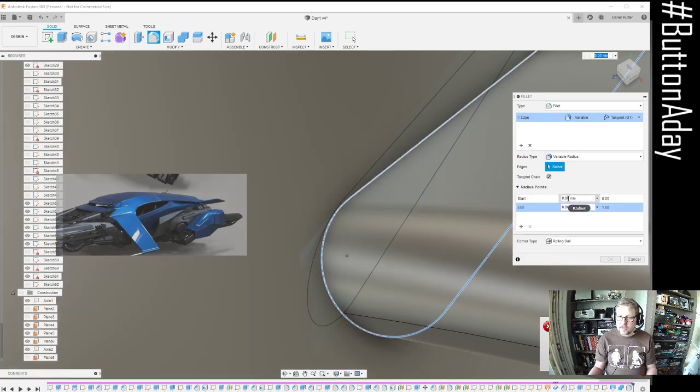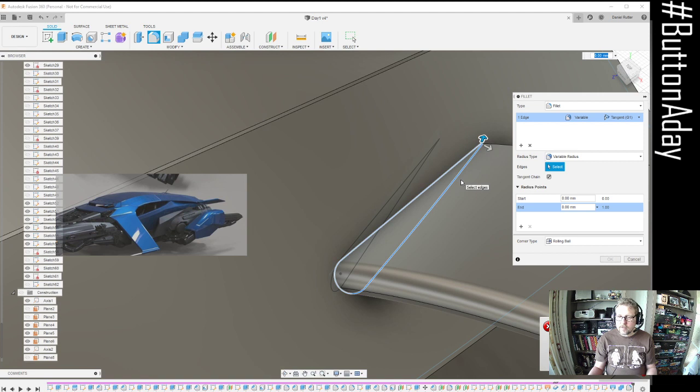Fillets can be a tad tricky at times. It's really annoying. And I personally would like to be able to select a new point. There we go. So if I selected a point here, and say a point here,